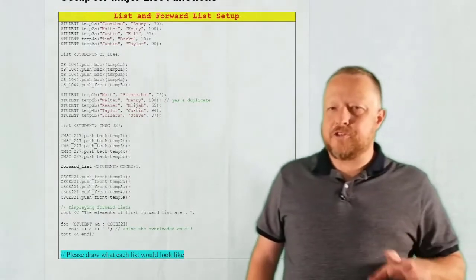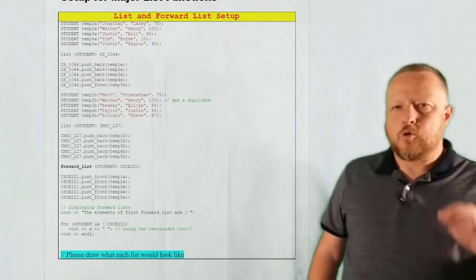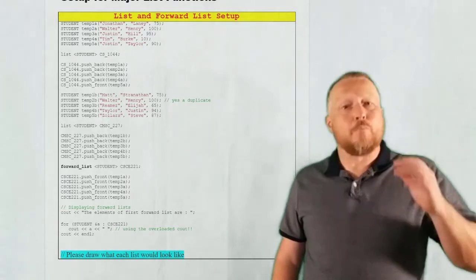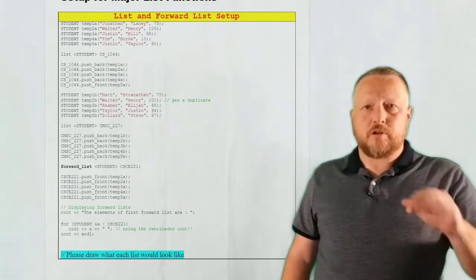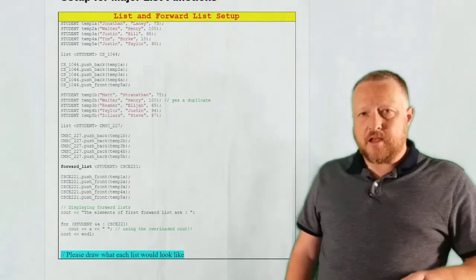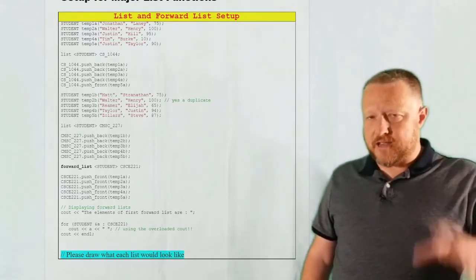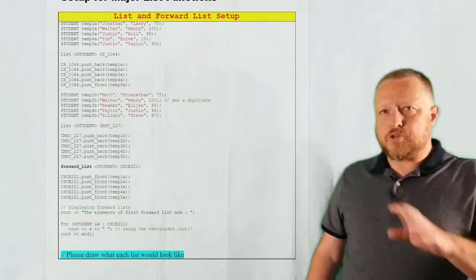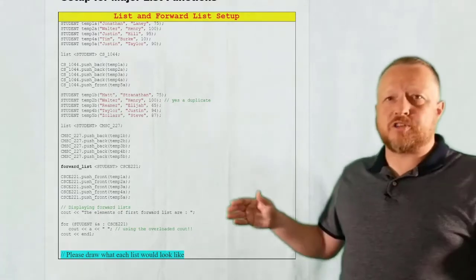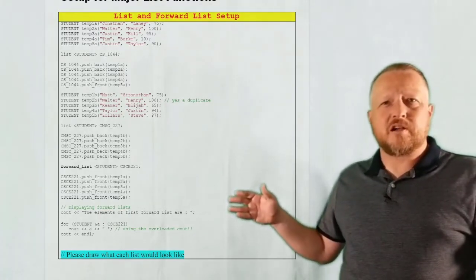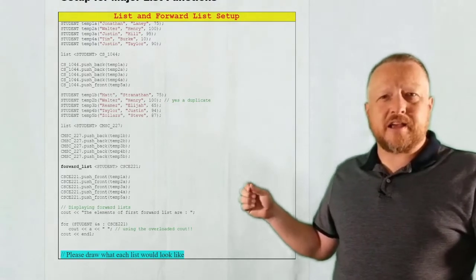So I'm combining two things here. We're about to go over a merge function with lists, and they merge two ordered lists. So what you see here is the overall setup when it comes to, let's see here, looks like we have